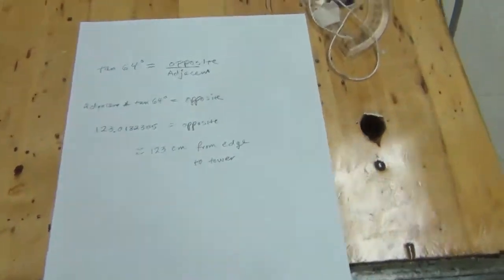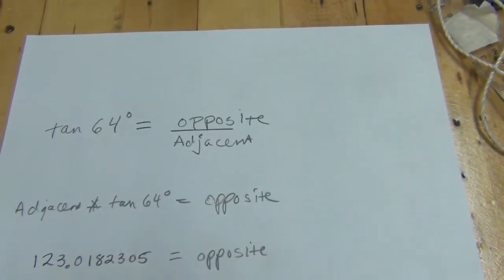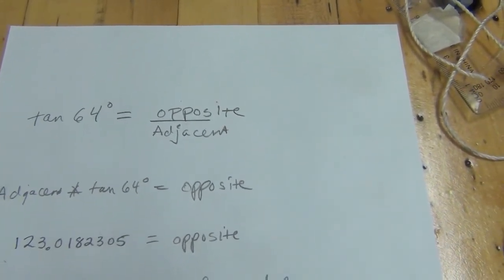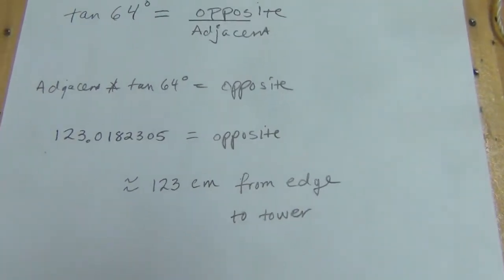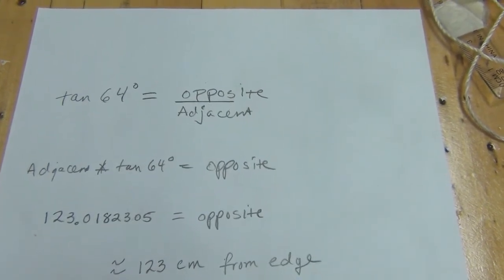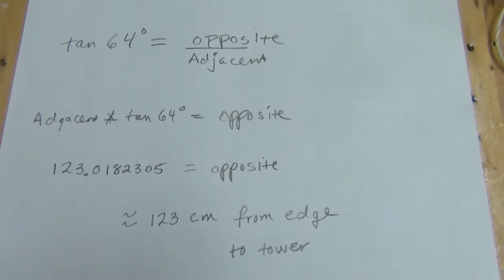Let's take a look here real quick. I have my mathematical calculation. Tangent of 64 degrees equals opposite over adjacent. Then adjacent times tangent 64 equals opposite. And when I plugged that into my calculator, I got a result like this: